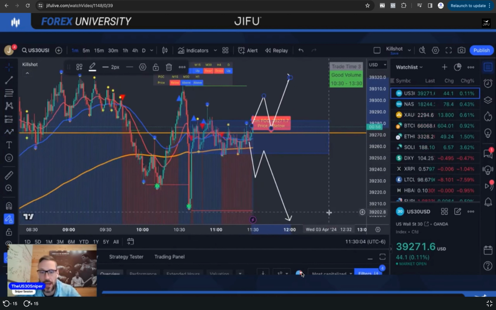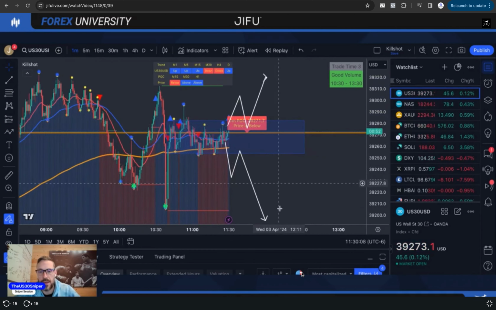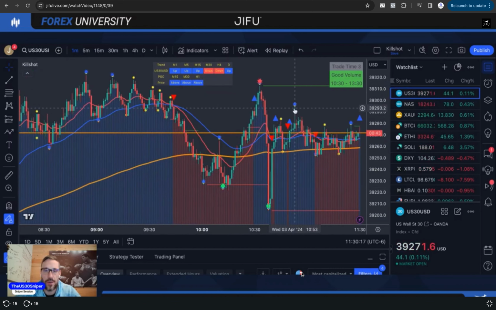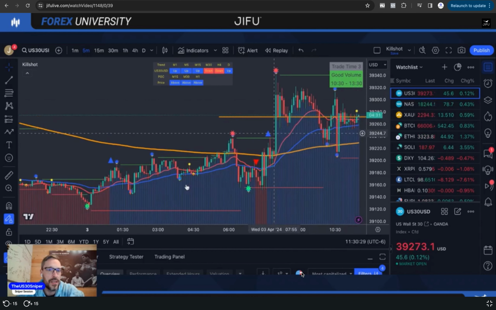And I do think this will be up. But we got to wait for it to break. So I'm just going to take that little box off there. Train your eye to see those things, right? See that consolidation? You can see a big wick there. You can see it came back to the top of this. If you look at a higher time frame, it's come right back up to this level. I do think it's going back to this level today and potentially up to here. Okay, 270.